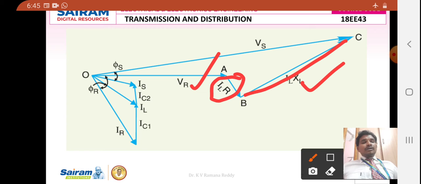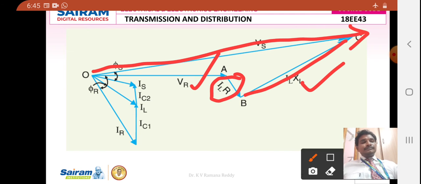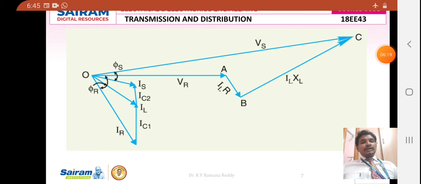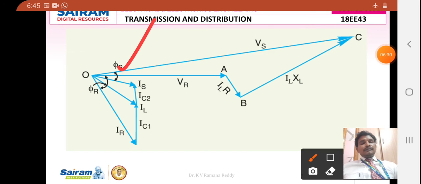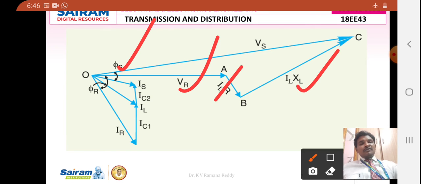Therefore the vector sum of all these three voltages is nothing but the sending end voltage called Vs. Next, Is is out of phase with respect to Vs. It's because of line resistance and line inductive reactance. Therefore phi s is nothing but the sending end phase angle, which gives the relation between sending end voltage and sending end current. Then similarly Vr is nothing but the receiving end voltage. With respect to the receiving end voltage, because of line inductive reactance and line resistance, there exists a phase angle of phi r. Phi r is nothing but the phase angle between receiving end voltage Vr and receiving end current IR.